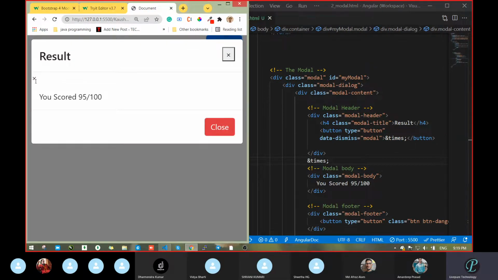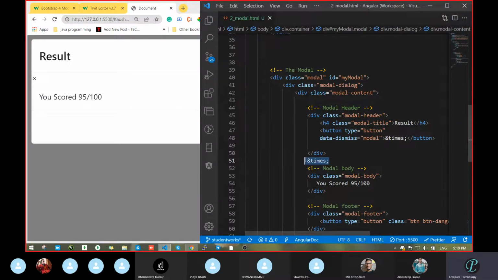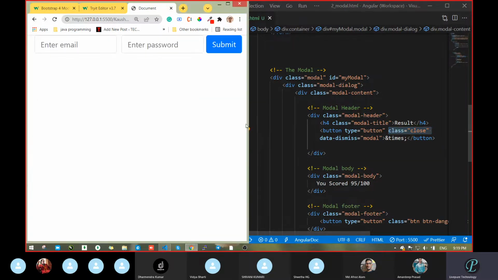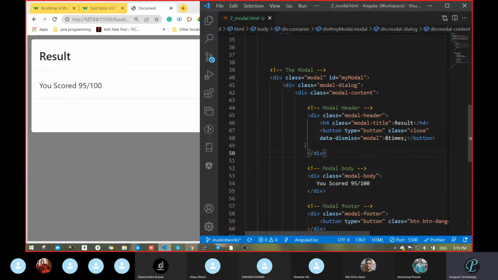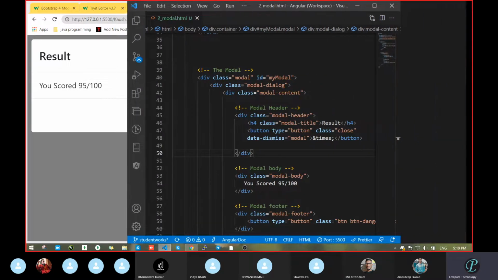So see, this cross symbol came. And this button is coming due to that. So due to the close class, the round border on the right side and left side that was there is removed and it looks normal. Okay, that's fine. Then one more thing, just wait.